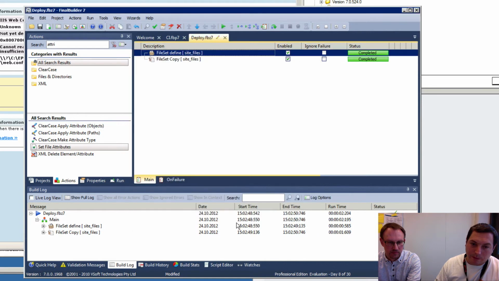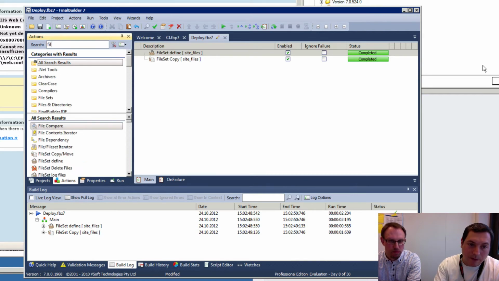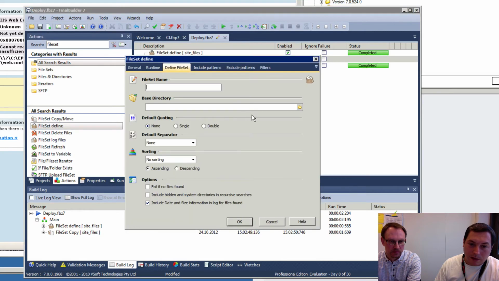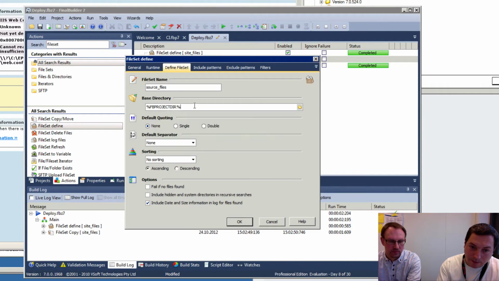Cursive. And then we can also define another file set for deleting all the source files. For example, source files. And again, this is an FB project directory. We don't want to delete that, we just want to define it. Oh, we have to define that we delete the source files not in the project directory, but in,